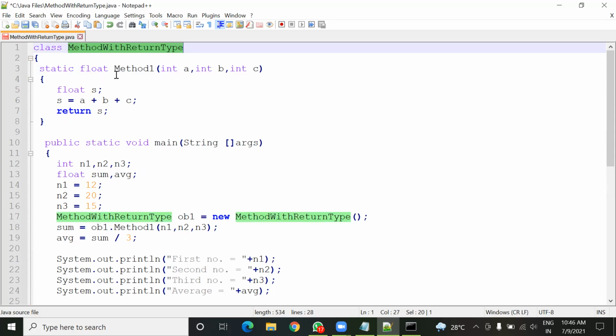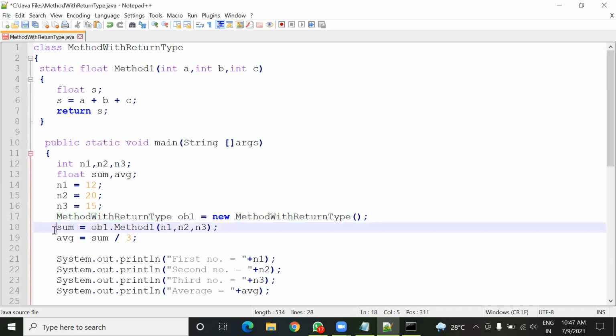Whatever static method we have in a program, that method can be called only using the class name. There is no need to use an object. We can't call a static method with the help of an object.